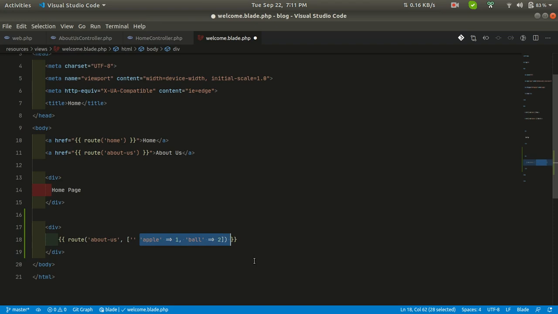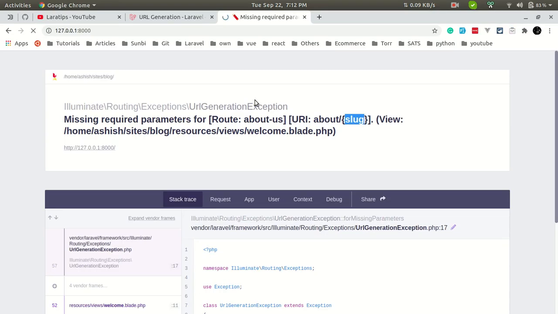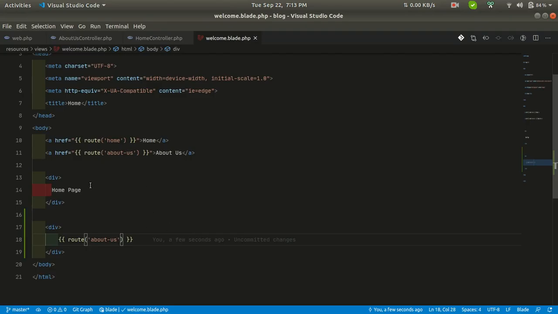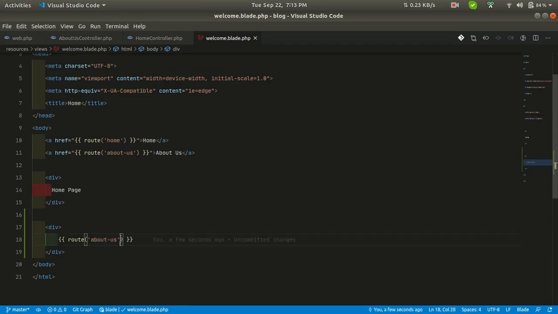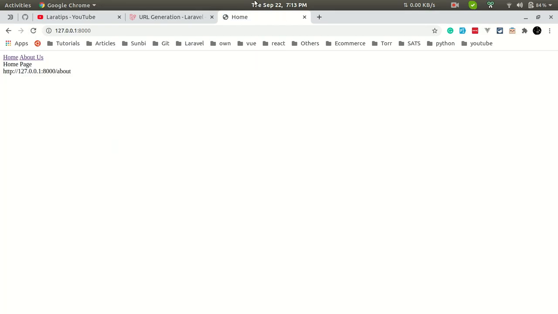So let us give it slug. Let us remove this one first, and I'll show you again this slug as, let's say, English. Sorry, it is giving us an error because we also haven't passed any parameters over here. So let us make this an optional parameter for now, and if we run this again, it should not give us any error.